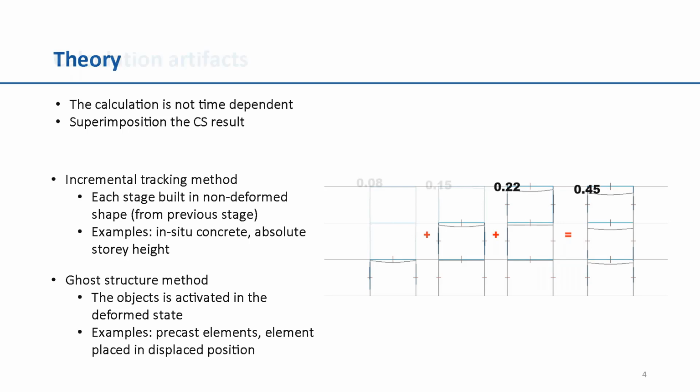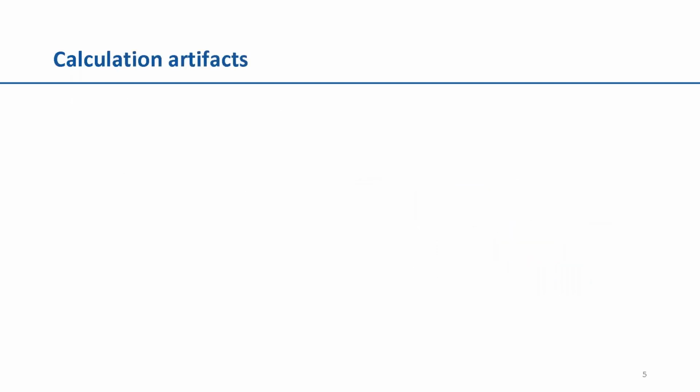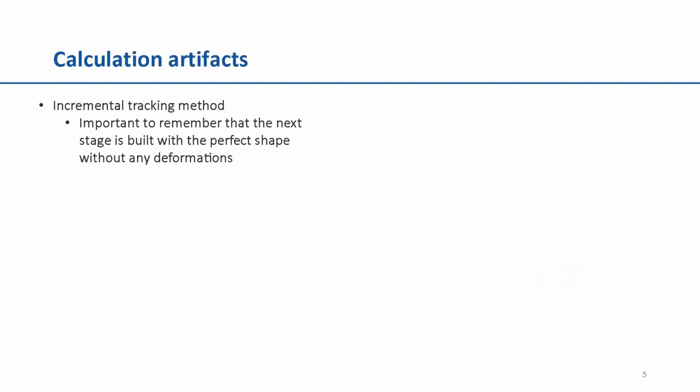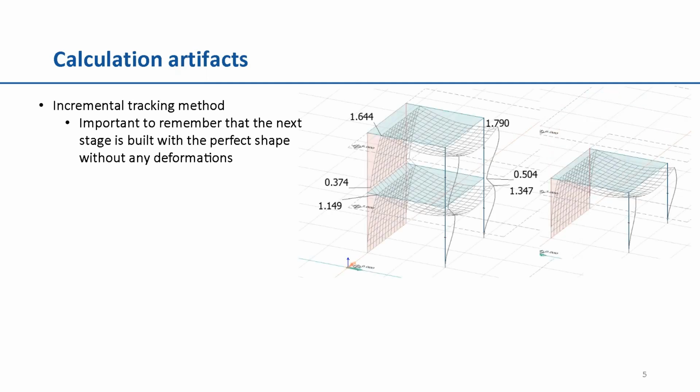I will continue to talk about different calculation artifacts that can arise. The implemented method can produce some strange results in certain situations. This is called calculation artifacts. The most common artifact when using the incremental tracking method is this kind of behavior where we obtain a jump